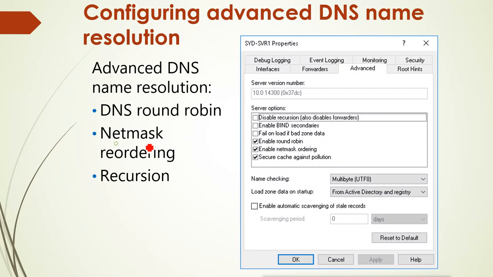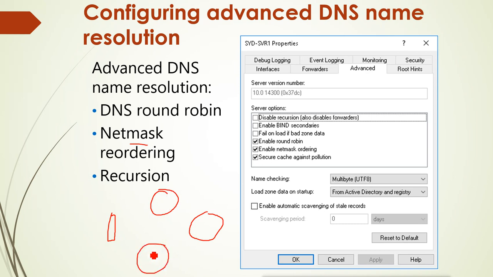The next thing is the net mask reordering. Net mask reordering is the same as round robin, but it works for different network subnets. For example, suppose the client is sitting in one subnet and is asking, and this is our DNS server, and we have different subnets here.